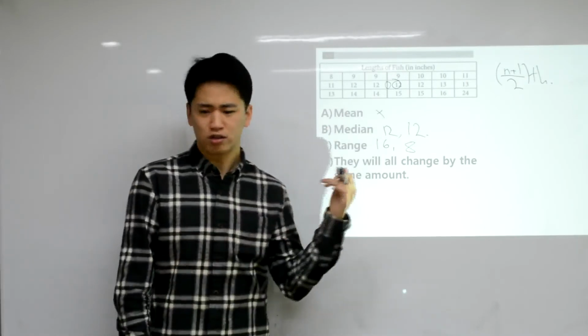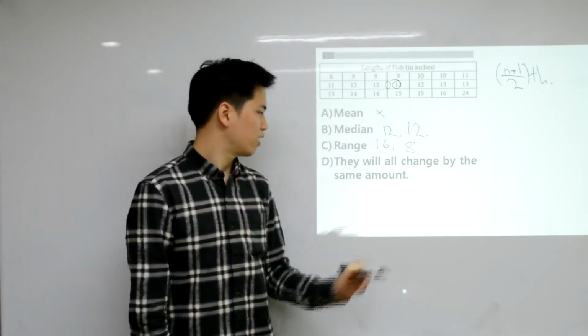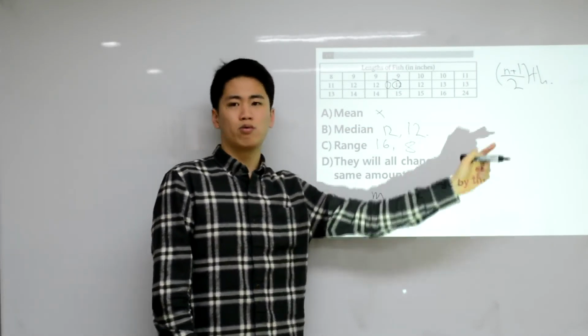A more rigorous way of seeing this, I guess, is that if we let m be the mean before we remove the 24,